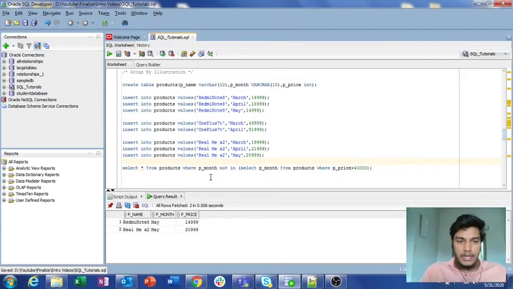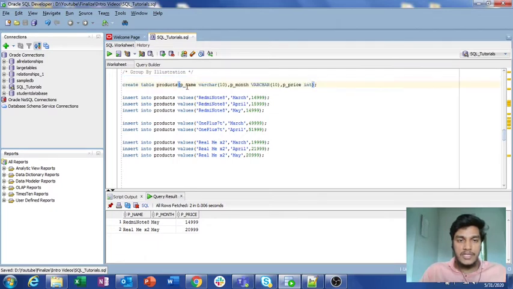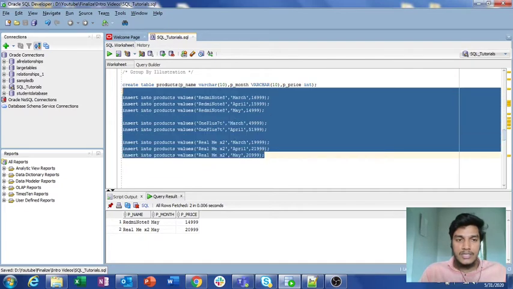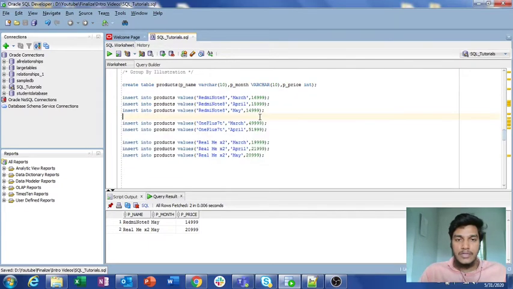Okay guys, here I am deleting this query and saving it. This is the table that we have from before, the create table products. The columns present in this products table are p_name, that means product name, p_month, and then product price. What I did was consider the prices of these particular mobile phones over a span of 3 months, that means March, April and May.